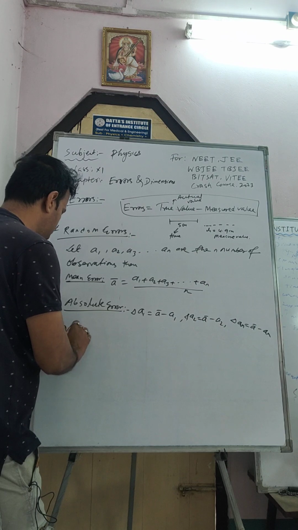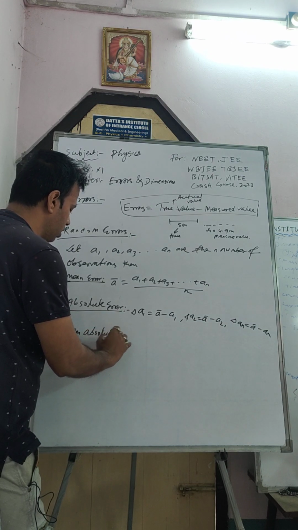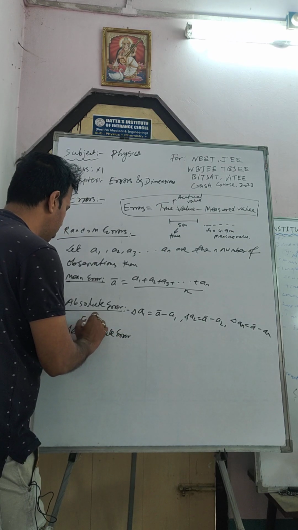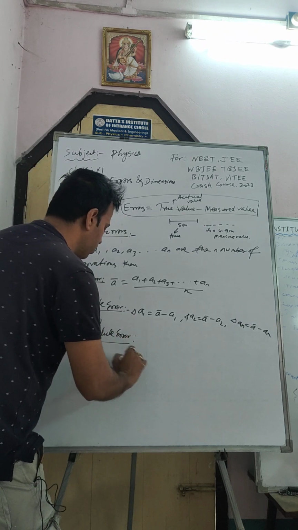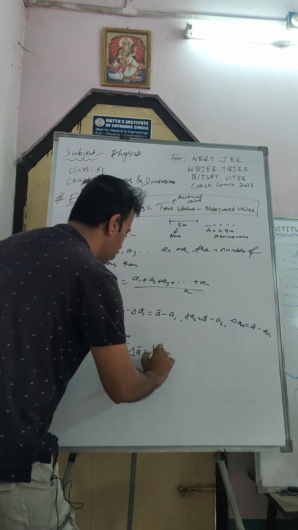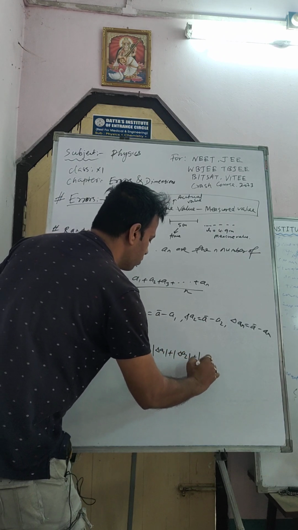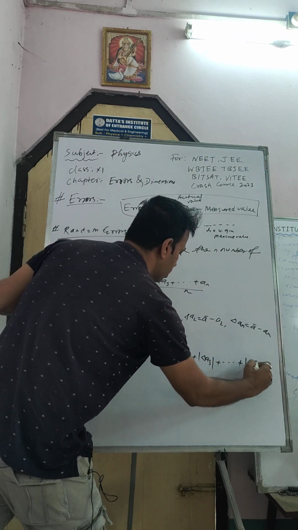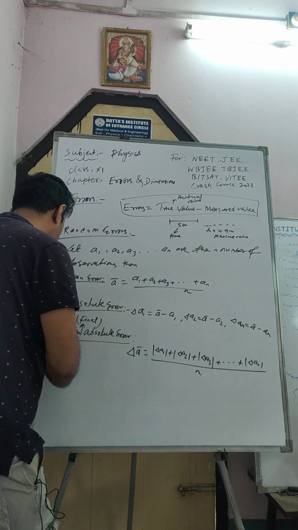Mean absolute error, or you can say the final absolute error, is equal to del a bar, equal to mod of del a1 plus mod of del a2 plus mod of del a3 plus dot dot dot plus mod of del an, by n. Then